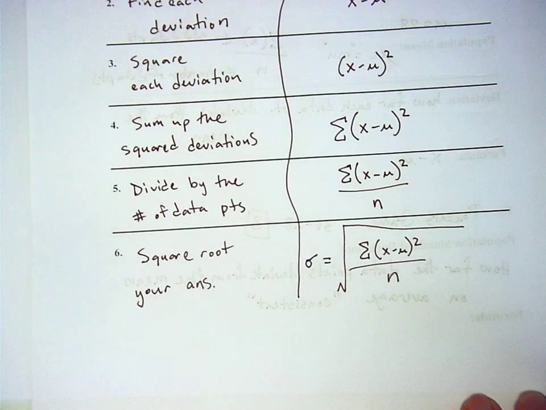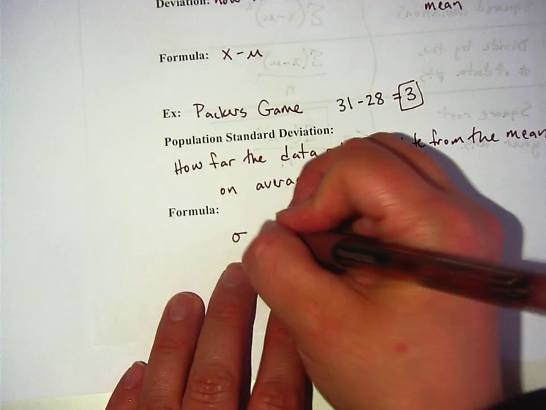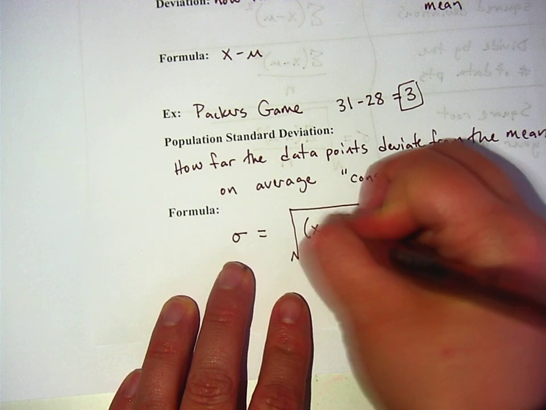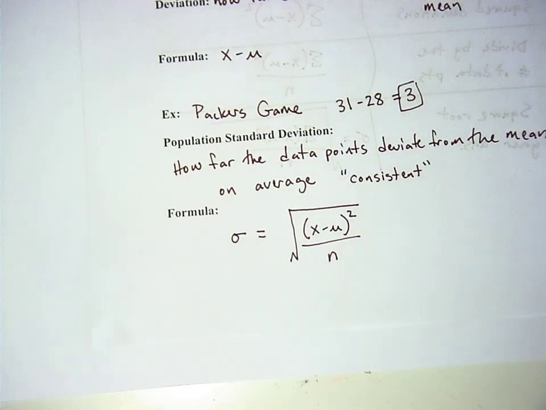And then as our last move today, I want to flip you to the front, and you're going to write sigma equals the square root of x minus mu squared divided by n. Okay,